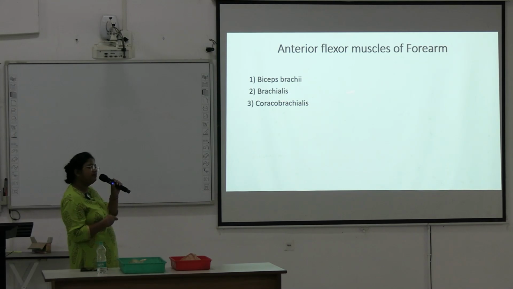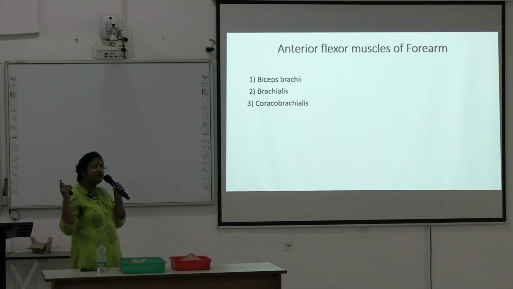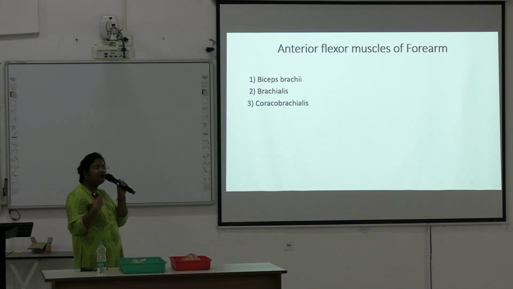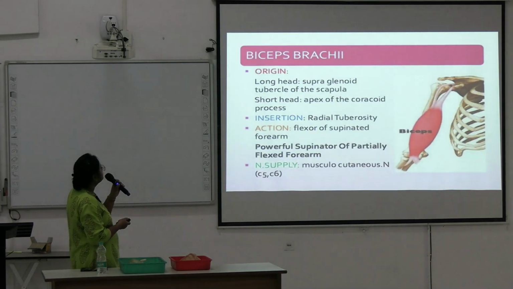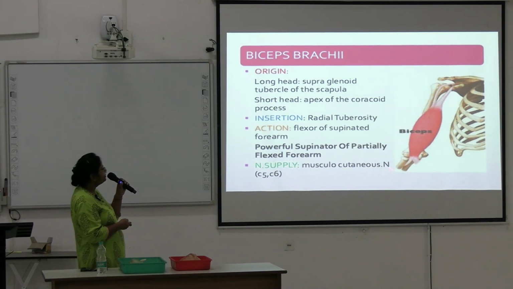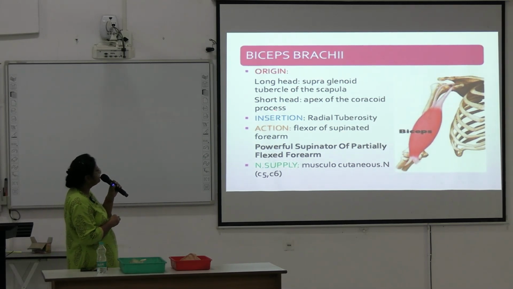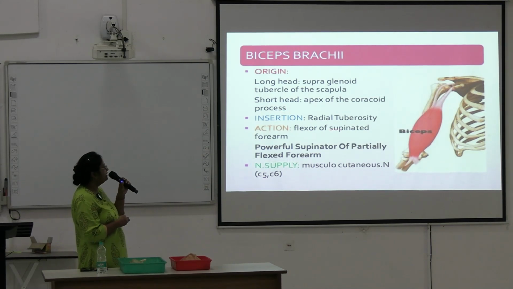Biceps brachii and coracobrachialis were originating from the tip of the coracoid process, and this is also a flexor muscle, okay, that we will learn during the humerus. So biceps brachii, see this is biceps brachii, flexor muscle of this elbow joint. It has 2 heads, long head from the supraglenoid tubercle, short head from the tip of the coracoid process. These 2 are joining to form the muscle belly and inserted over the radius. So long head supraglenoid tubercle of scapula, short head from the apex of the coracoid process, insertion into the radial